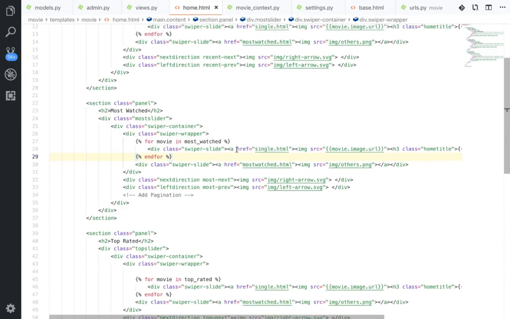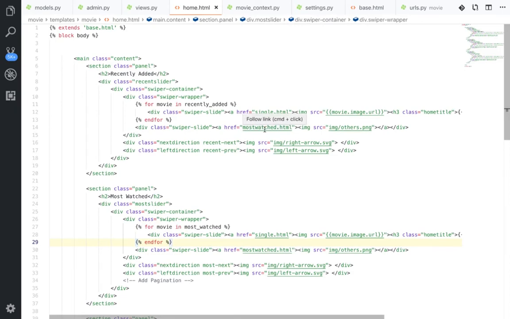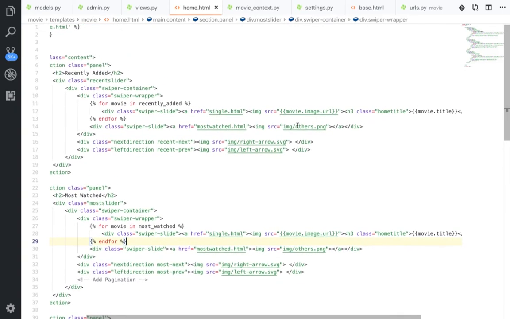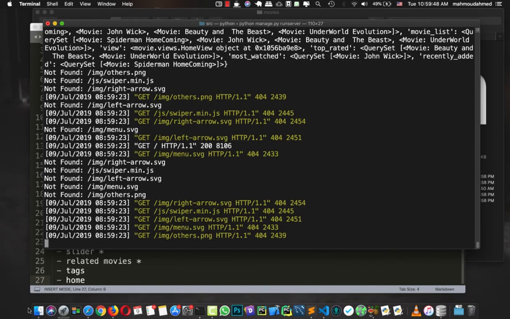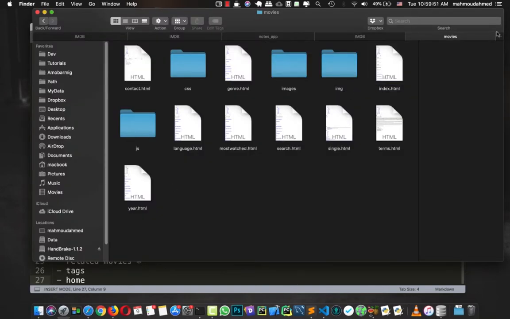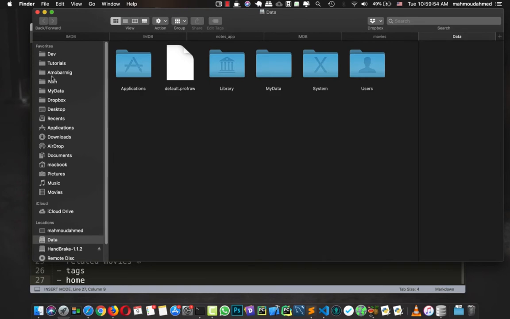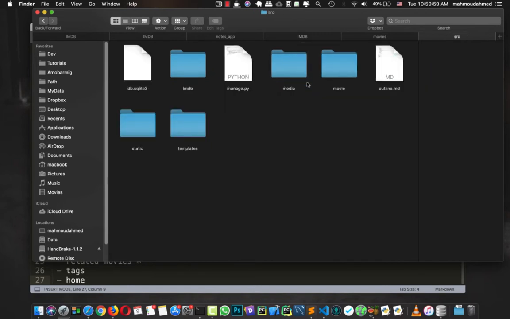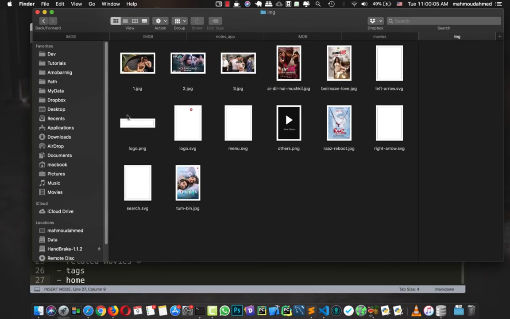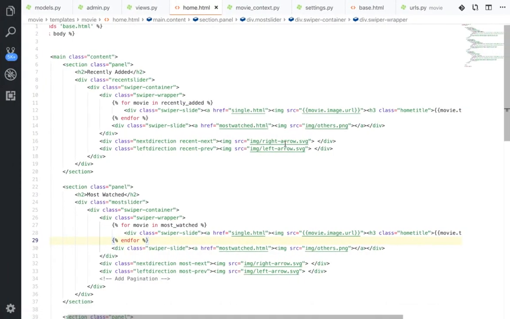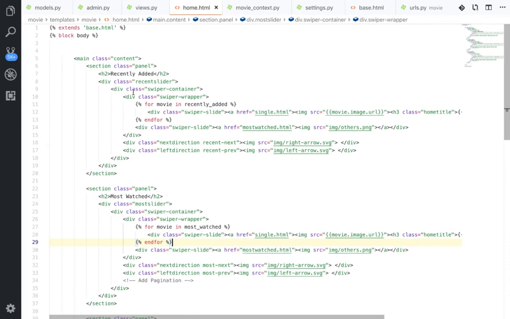So in here, we have this image is missing actually, and we have the right arrow and the left arrow. So they are in the image folder, and I think we've added this image folder to our project. So let's open our project. So in static we have IMG, which contains them, so let's add them. So here from the home, we're gonna type